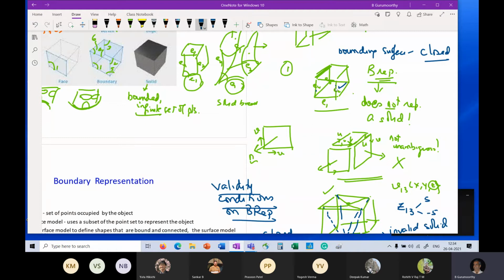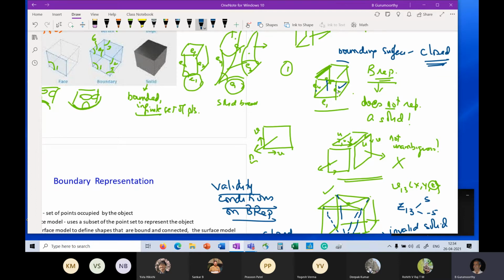So here, if I walk around on the side faces, I can do that without falling. But the moment I come here, I have nowhere to go but to fall off the surface. And therefore, this is not a closed surface. But clearly, while this is a good definition of a closed surface, traversing a closed path on the boundary without getting off it is not a useful definition for me to detect this problem. The check actually is what your colleague just said, which is that every edge in my